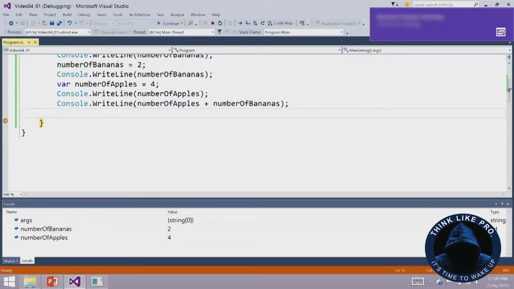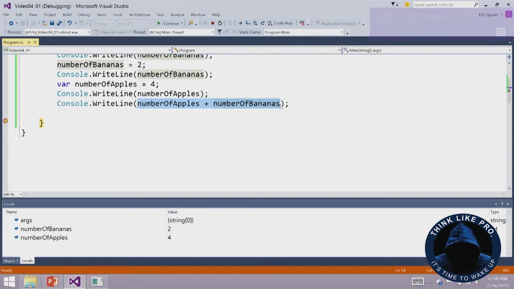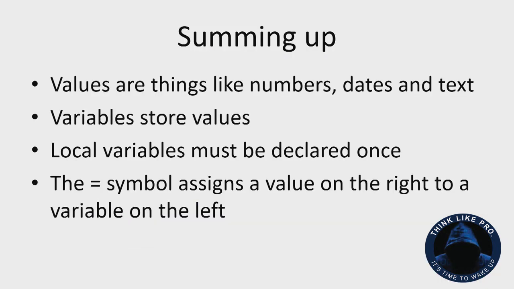All right, so this thing here, numberOfApples plus numberOfBananas, this is an example of an expression. And we're going to be talking about expressions in more detail in the next video. So summing up,